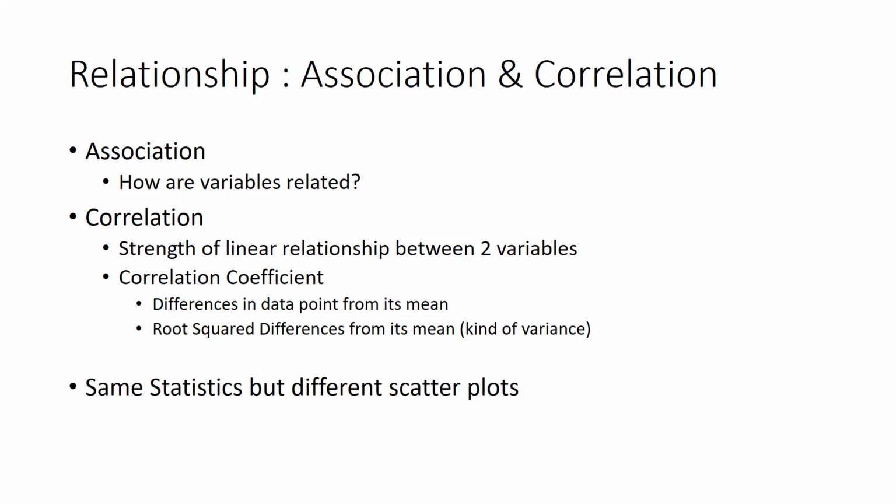The scatter plots or the individual data points of the two data sets may be completely different. They may look completely different on the scatter plot. But if the mean and variance are similar, we may get a strong positive or negative correlation. I'm saying strong positive or negative, so I'll explain what positive and negative correlation are in the meanwhile.